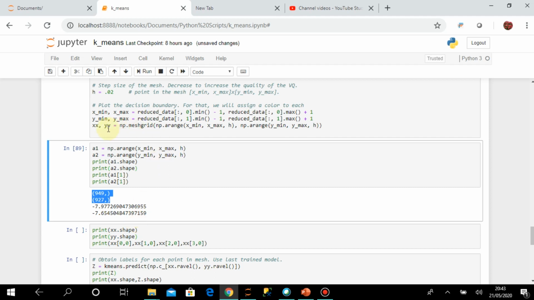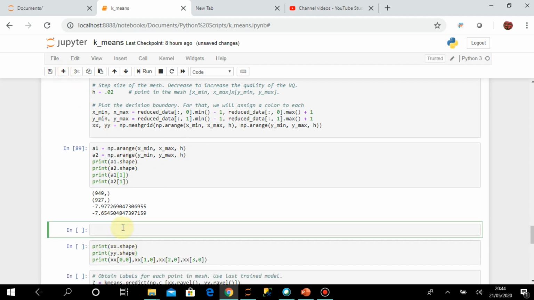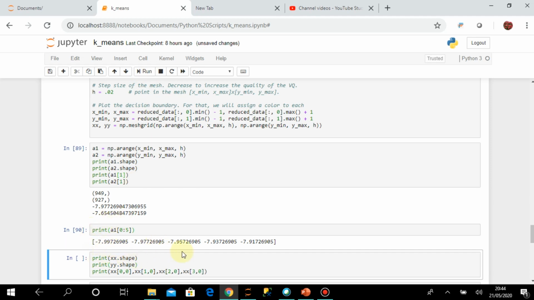You can print these four elements individually also. You can see how the values look. So you understood how np.arange is working with these values. Better, I can print it this way also. Let us print. If you print like that, let us see. So you can see these 5 values I have printed, and they have a difference of 0.02. Just check the values. The values have differences of 0.02.